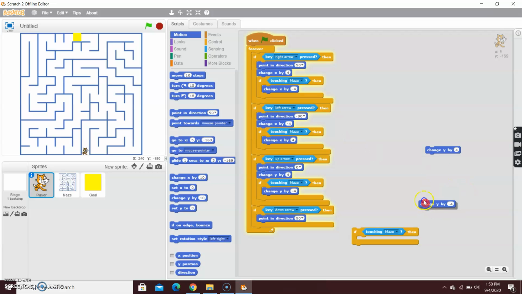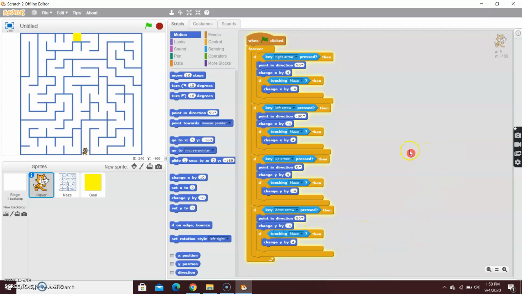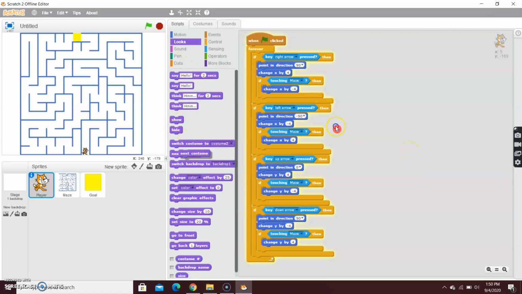So here is our change y by. So we will drag this over here, because minus 4 will be down arrow and 4 will be up, and the maze, so if touching the maze. So this is our bunch of code, but we have to add something another time that will be our next